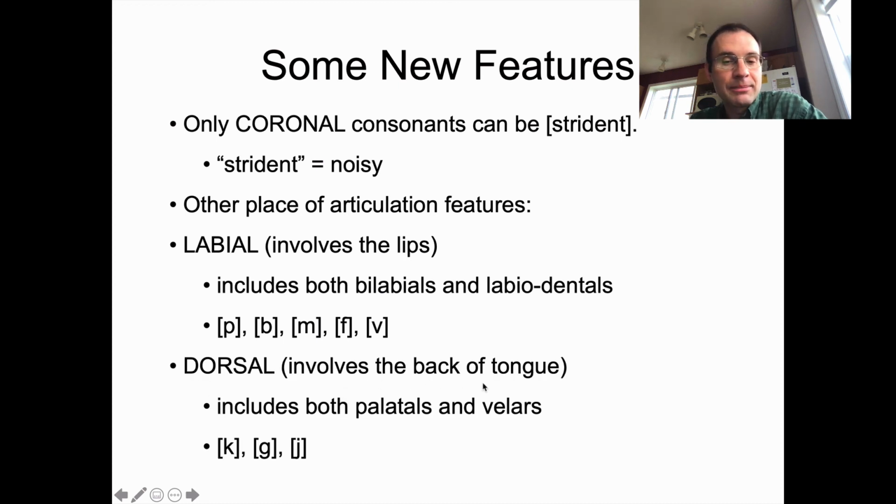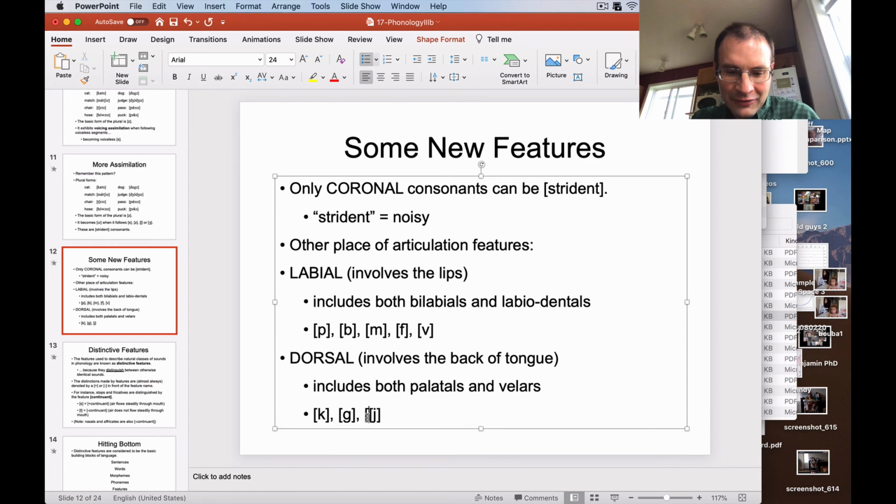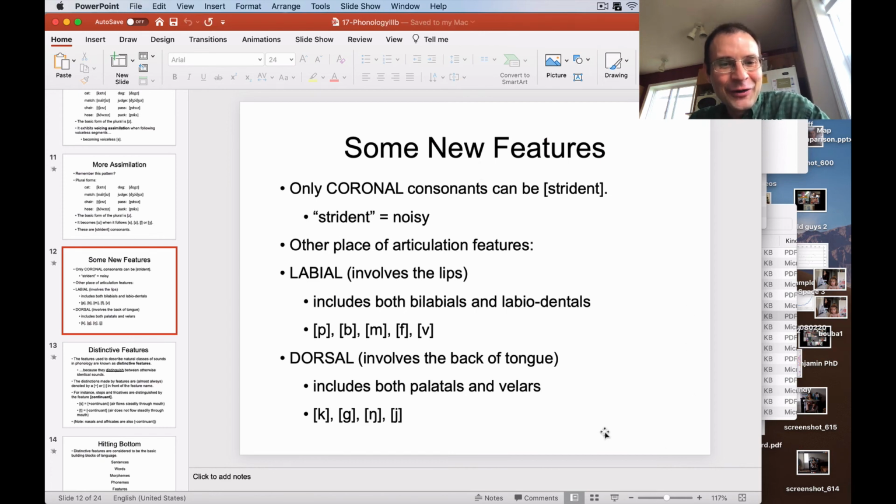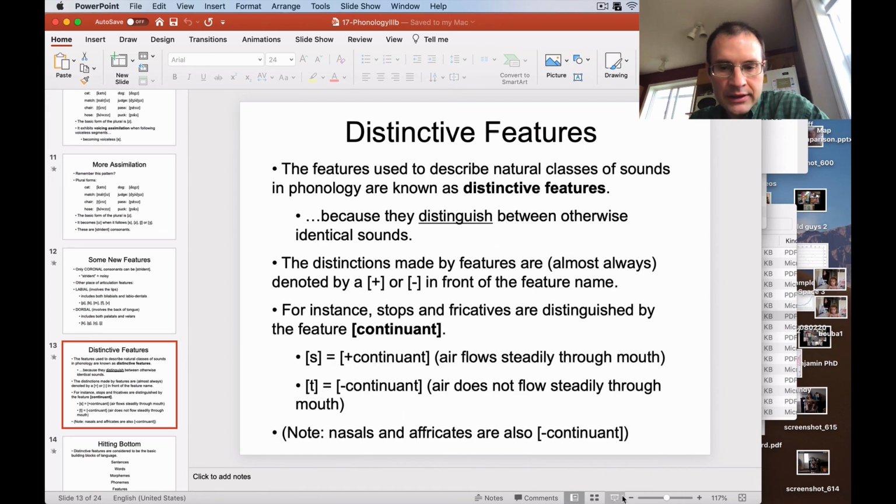Dorsal means anything involving the back of the tongue, so that's a cover feature for both palatal consonants and velar consonants as well. So that's k, g, and yod, and I have an oversight here because this also includes engma, so I don't want to forget about that. I just have to figure out how to get that in there. All right, success. You'd think after all this time in isolation I would be better prepared, but no. Okay, so those are both velars and palatals. They're dorsals. Coronal, labial, and dorsal, those are the three main place of articulation features in phonology.